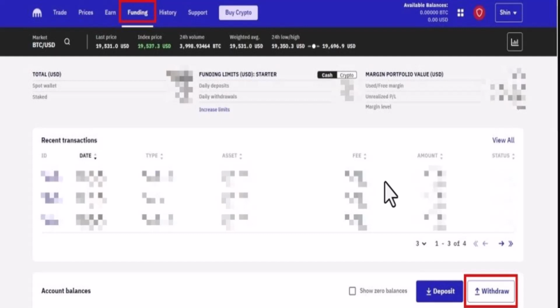In this video I'll be showing you the ways to send crypto on Kraken. So in order to send crypto on Kraken, all you have to do is log into your account first of all, and make sure to copy the wallet address of the receiver. After that, you need to go ahead and tap the fundings icon, and as you do that, it's going to take you to this page where you need to go ahead and select withdraw from the bottom right hand